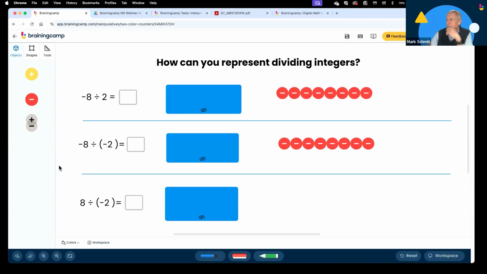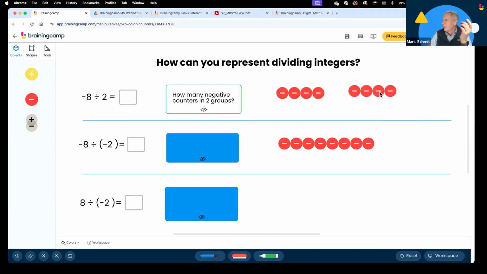All right. So how can we represent dividing integers? Well, a negative divided by a positive, that's not so bad, right? I can think of that as how many negative counters in my two groups. Well, I can make two groups. I'm just going to bring that over,